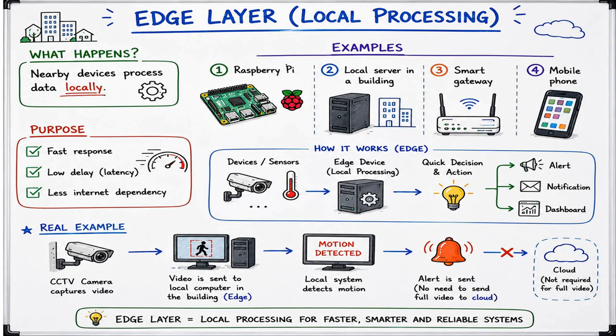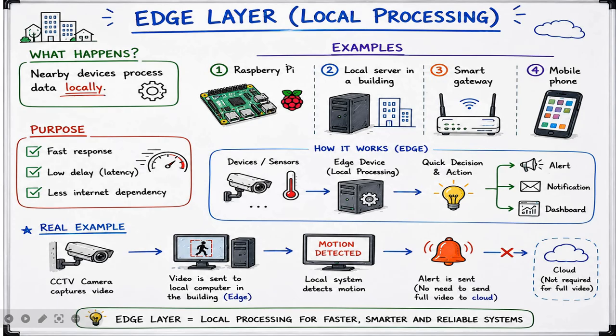Now here the data which is received from the sensor is processed locally, and only important or filtered data is forwarded to the higher layers, that is to the fog or the cloud, and some real-time decisions can be taken instantly. In simple words, you can say this layer acts like a local brain that responds quickly without waiting for the cloud. Now examples of this layer are